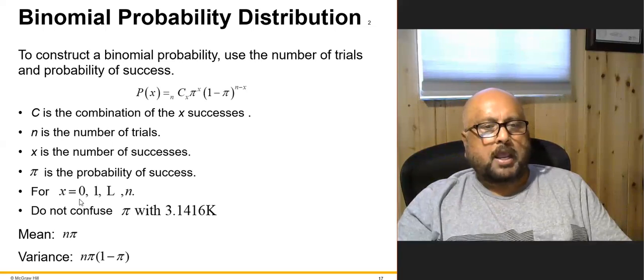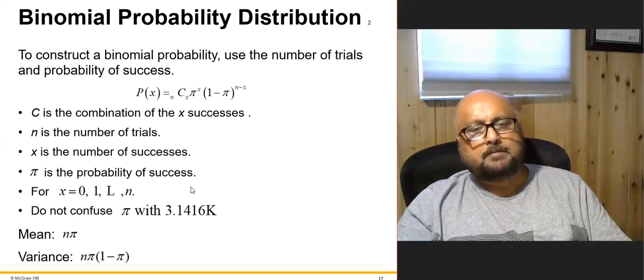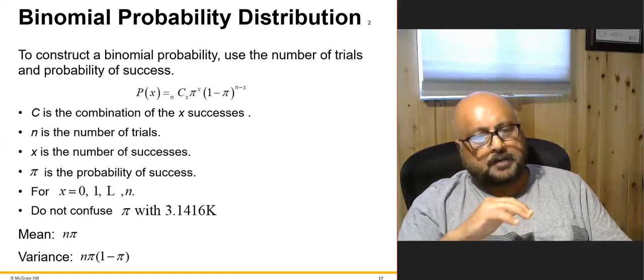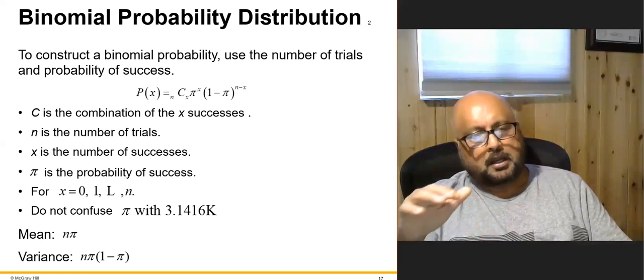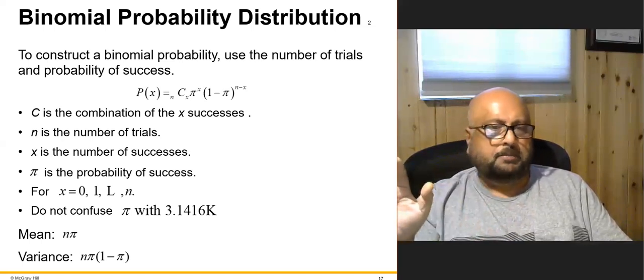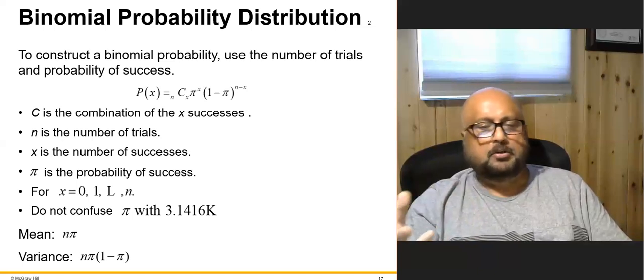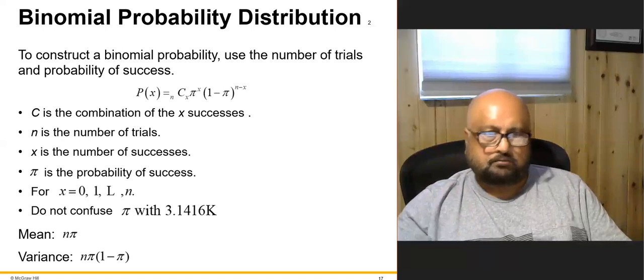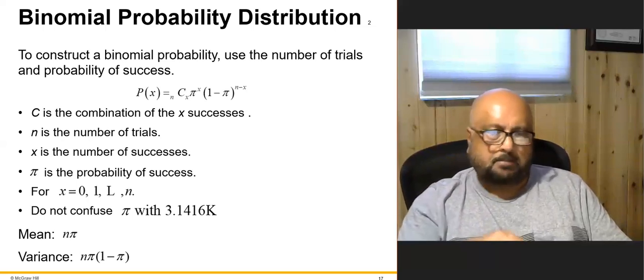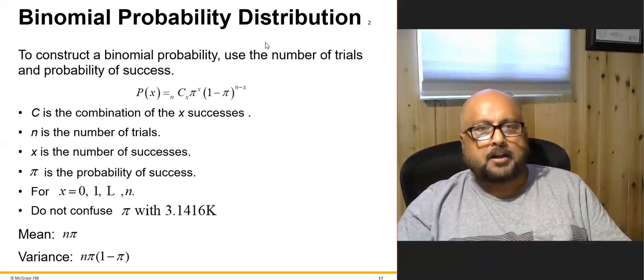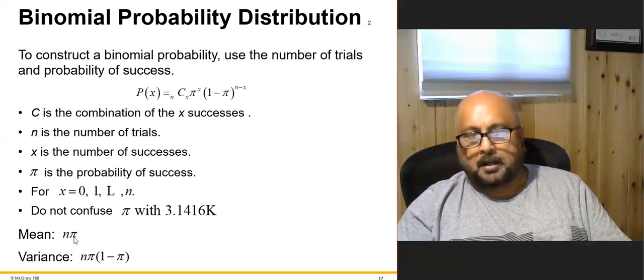So x is equal to 0, 1, 2, 3, 4, 5, 6, 7. That means it's the same pattern of numbers. X can assume this value infinitely, it depends, like 0, 1, 2, 3, 4, 5, 6, and so on. The ellipsis is just a symbol showing that this same pattern continues. And in binomial probability distribution, the mean is found by the product of n and pi, and